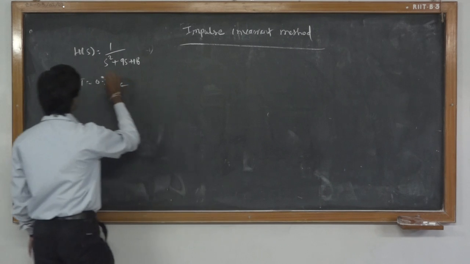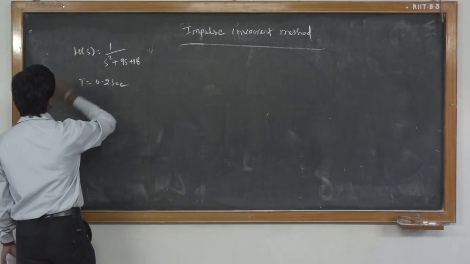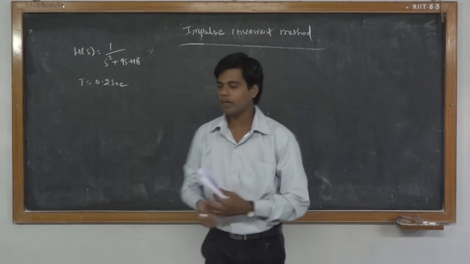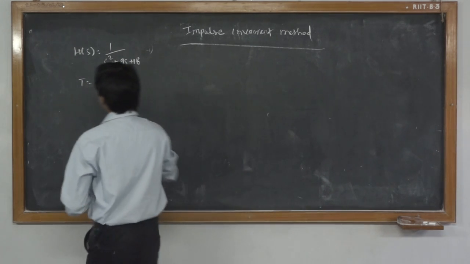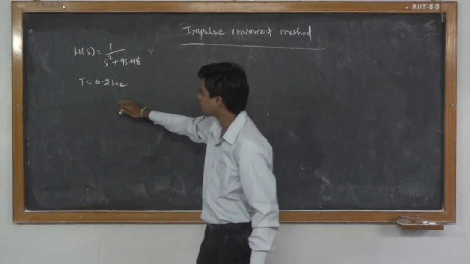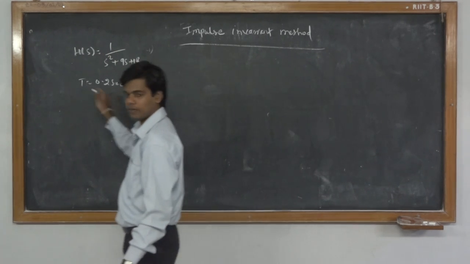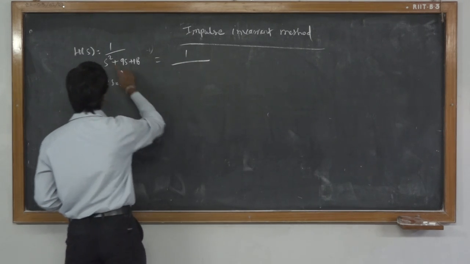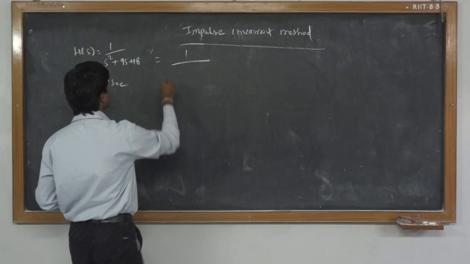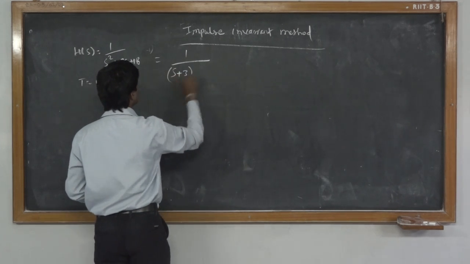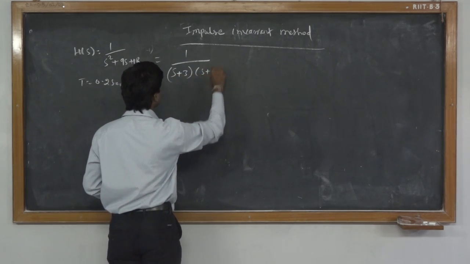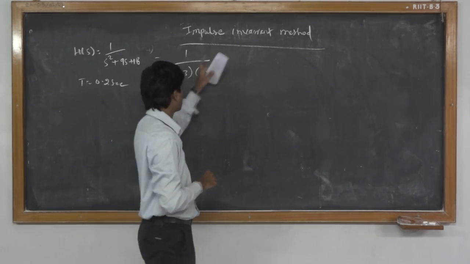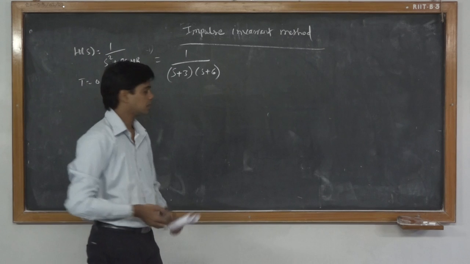So given the analog transfer function H(s) equal to 1 upon s squared plus 9s plus 18, we try to find the factors of it. In the question itself, they have given the time T as 0.2 seconds, so that comes into the picture later on. Let us start with this: 1 upon, if we factor this, we get s plus 3 and s plus 6, since 3 and 6 multiply to 18 and add to 9. So we factorize it as 1 upon s plus 3 times 1 upon s plus 6.